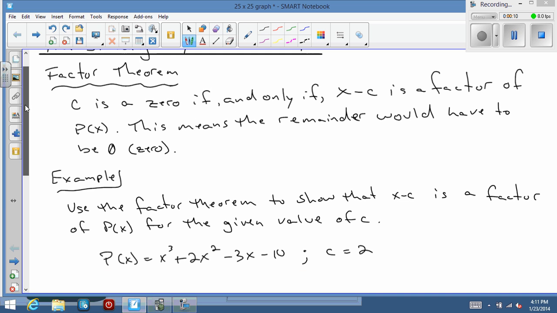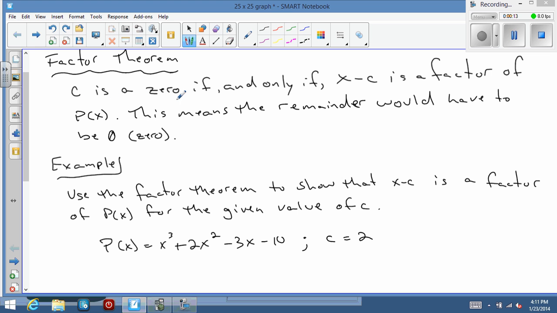The factor theorem states that c is a 0 if and only if x minus c is a factor of the polynomial p of x. This means that the remainder would have to be 0. So one way to check that is to use the factor theorem